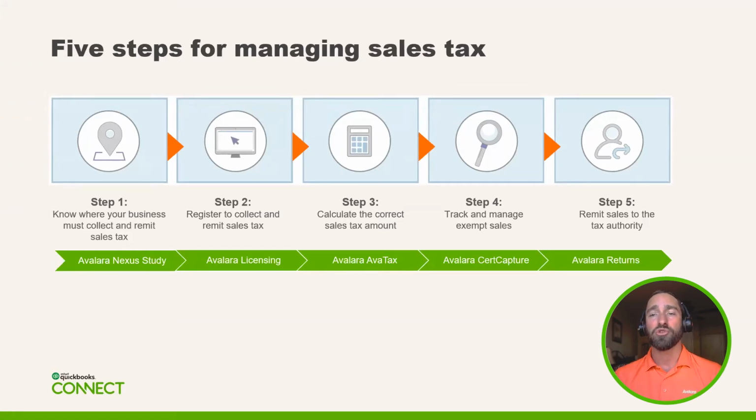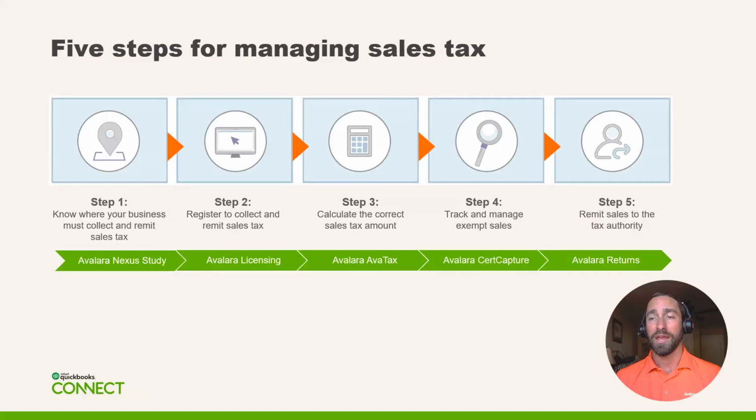And then number four, track and manage exempt sales. Now, a lot of companies we talk to, they're like, hey guys, I don't have a sales tax problem. I have 5,000 customers. I have 4,000 certificates. That's a huge piece to the compliance puzzle. And it's one of the number one reasons people fail a sales tax audit. Number one, their use tax was out of whack. They weren't even charging use tax for things that they were purchasing for their business, or they have orders, transactions, or sales in a state they're registered in with 0 sales tax, and they can't provide proper documentation for why they didn't charge a customer sales tax.